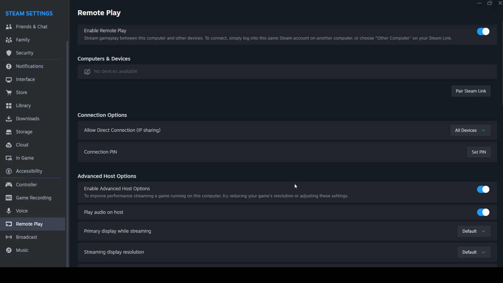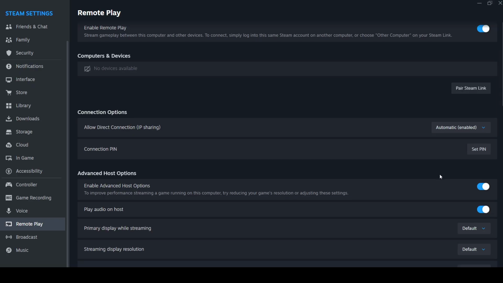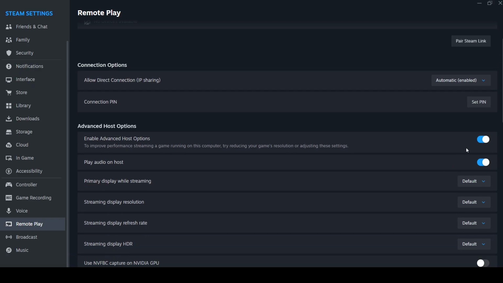First, look for the Allow Direct Connection option and make sure it is set to Automatic. This allows Steam to establish the most efficient connection available between your devices, helping reduce latency whenever possible. Next, enable Advanced Host Options. Turning this on unlocks additional performance settings that allow Steam to make better use of your computer's hardware during game